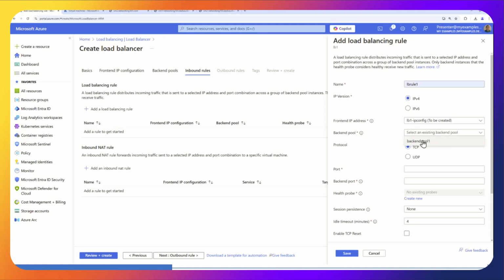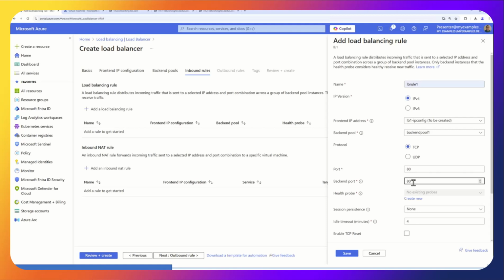Back-end pool. I'm going to call it the back-end pool that we created here. I'm going to come in on port 80. The back-end port, I'm going to go to port 80 because I set the default web server to port 80.